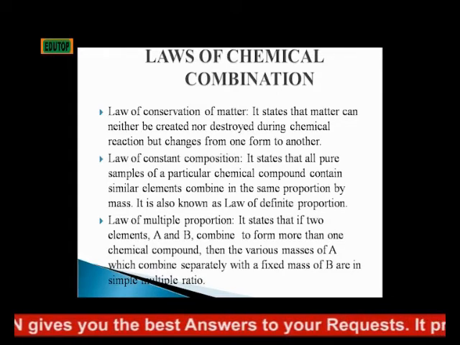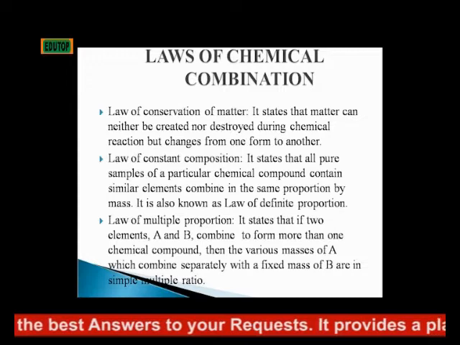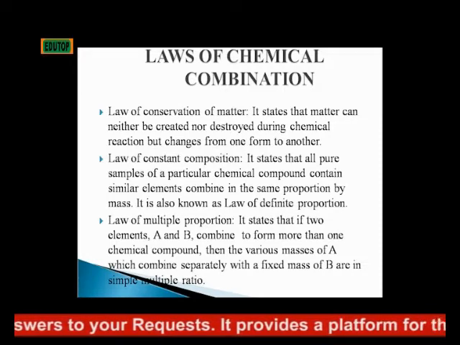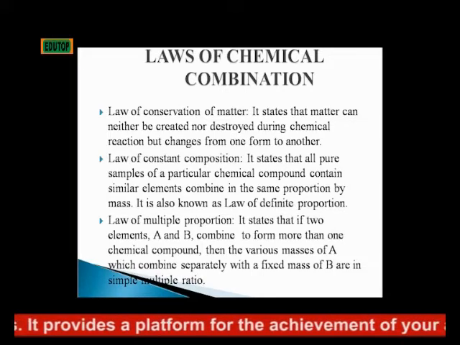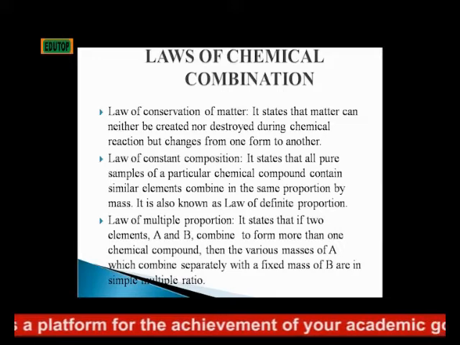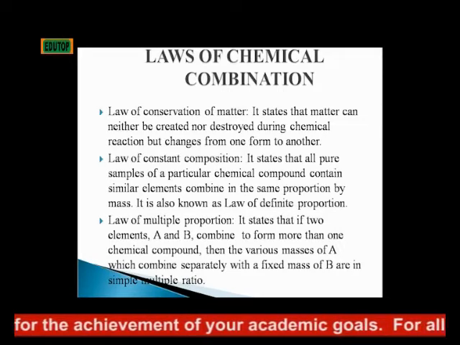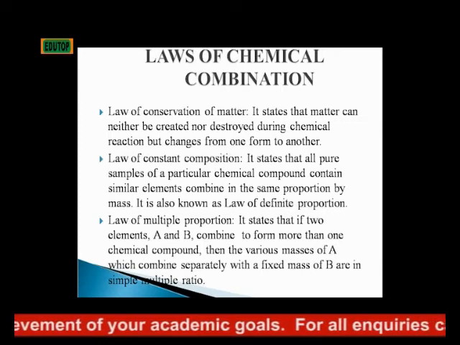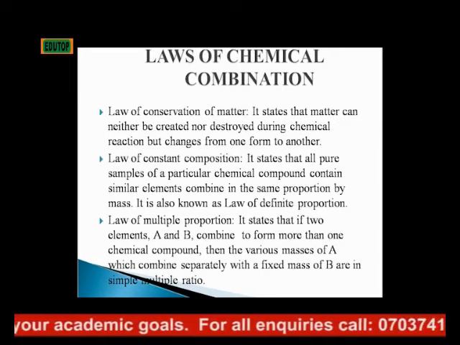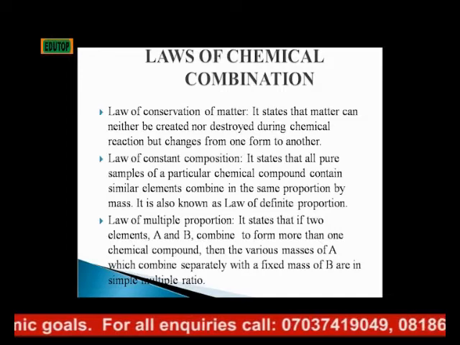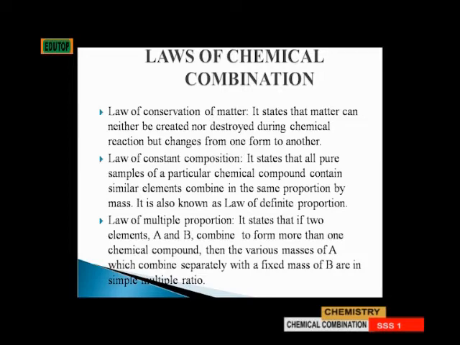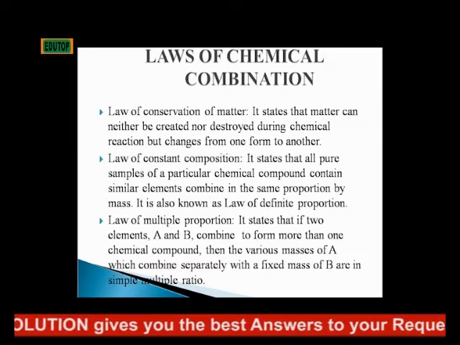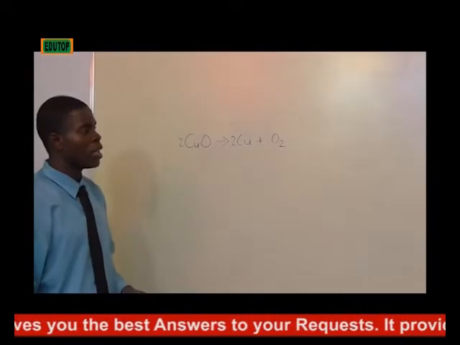The last one here is the law of multiple proportion. It states that if two elements, A and B, combine to form more than one chemical compound, then the various masses of the element A, which combine separately with a fixed mass of the element B, are in a simple multiple ratio. What it means is that